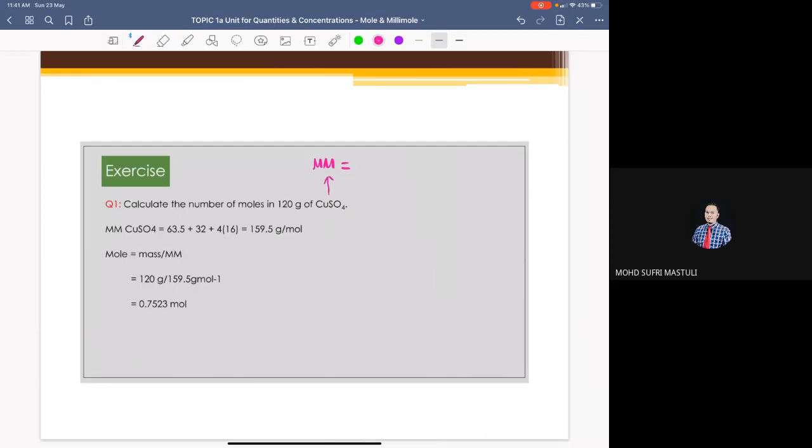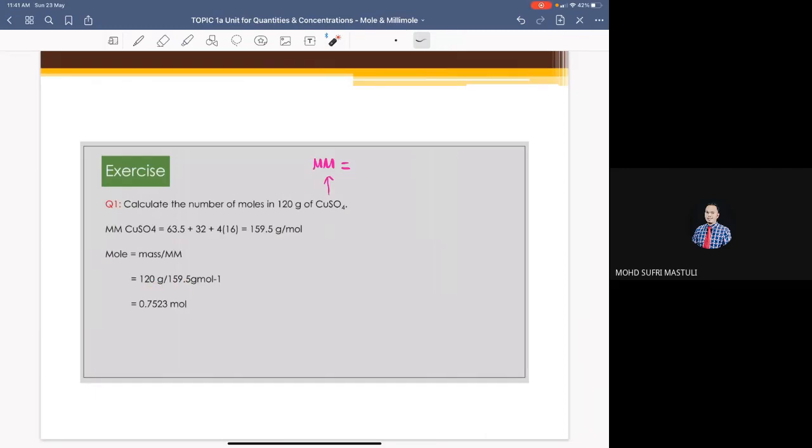From the periodic table, copper 63.5, sulfur 32, and oxygen 4 times 16. You can obtain 159.5 gram per mole. So the formula to calculate the mole is mass over molar mass. This is 120 gram over